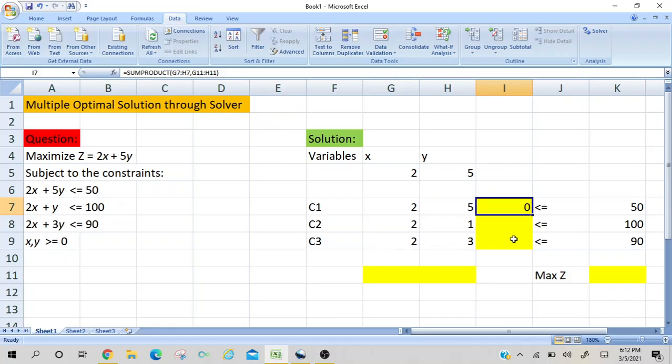So before copying it vertically, we will freeze our column and keep our row varying. Remember one thing: if you are copying the formula vertically, we need to freeze our column and keep the row varying.